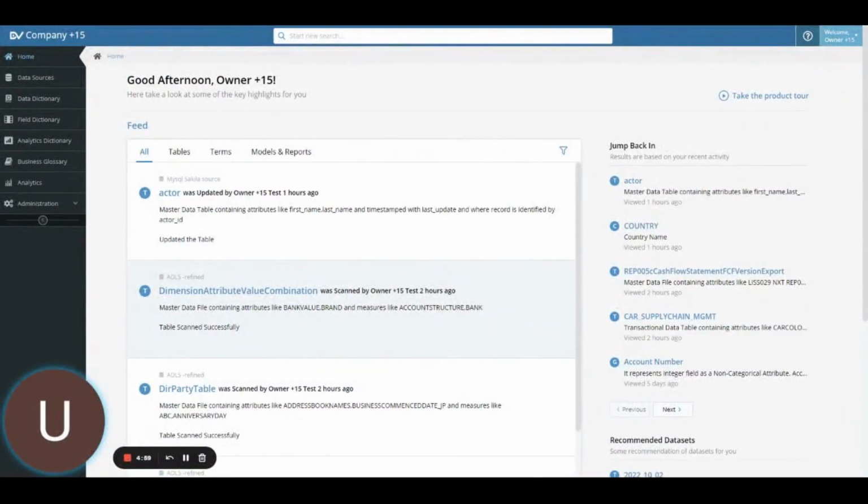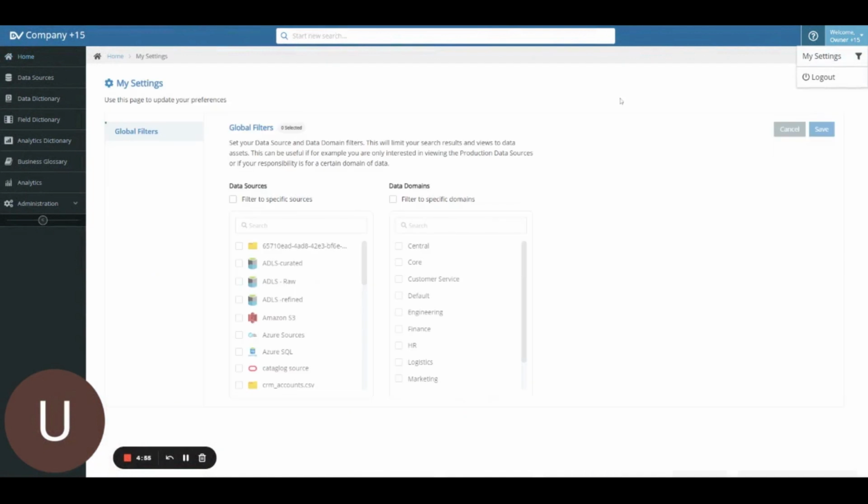To add a global filter, you have to go to the My Setting option. Under My Setting option, you will get a global filter tab selected, and there will be data sources available. All of the data sources that are added in the particular account and the domains that are available in the